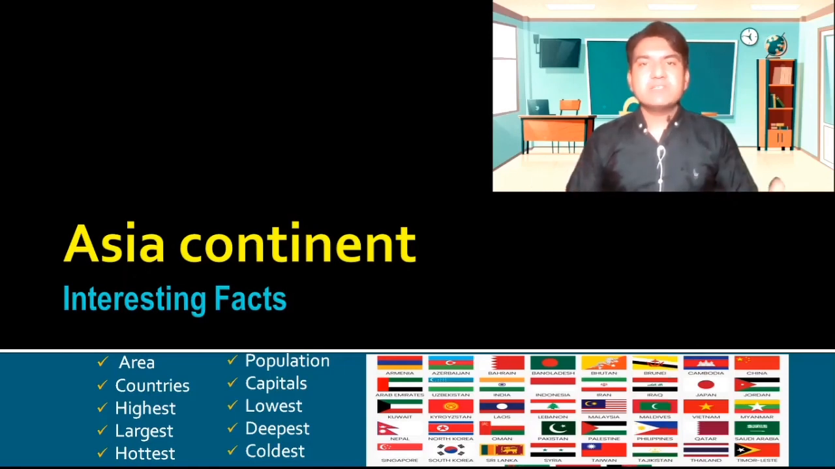is, how much land area it covers, how much population it has, and at the same time what are the different characteristics of population. And we will also see the highest, the lowest, the biggest and deepest characteristics of the